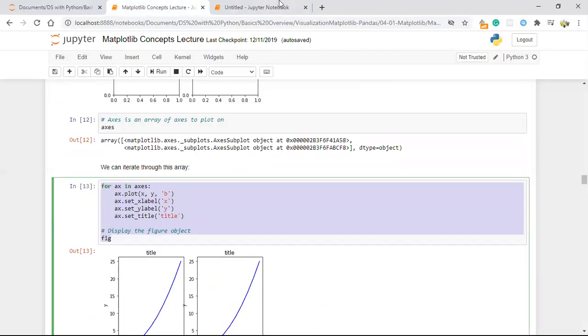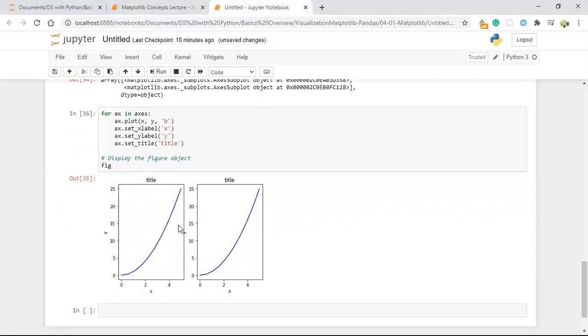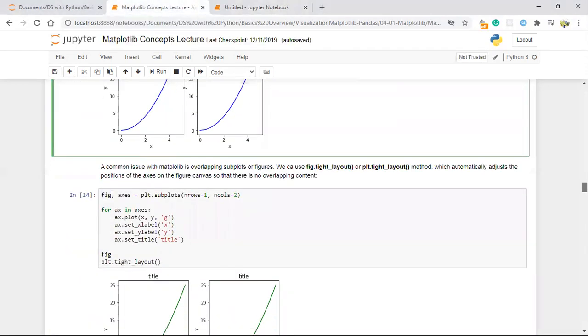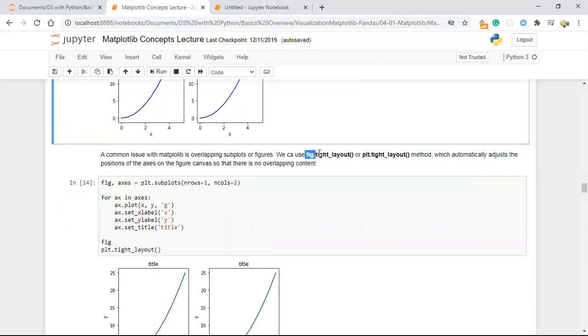See here, this output is actually overlapping, right? To prevent this overlapping, we are going to apply one more inbuilt function, that is the tight layout. You can apply figure.tight_layout or plt.tight_layout, it's all up to you guys.